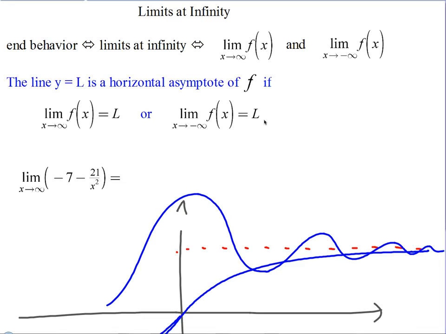A limit is telling us, when we take a limit of a function, we're trying to find out what's the y value that we're approaching for a given x value, right? But in this case, it's not a given x value. It's as x increases without bound in the positive or negative direction. These are a little bit different looking limits. In the past, we've always said, what's the limit of some function as x approaches 3? Or what's the limit as x approaches 0, or something like that. Now we're approaching infinity, or negative infinity. Okay, so what's that going to give us